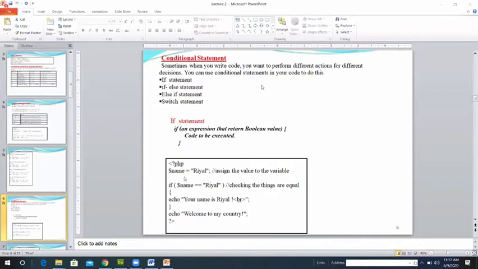After the PHP tags, you assign the variable. Then we check whether we have assigned the variable. If yes, then you will display the result here. Then two lines should appear. One is your name is this one, and then you can display another text as well. Can you understand this if else statement?